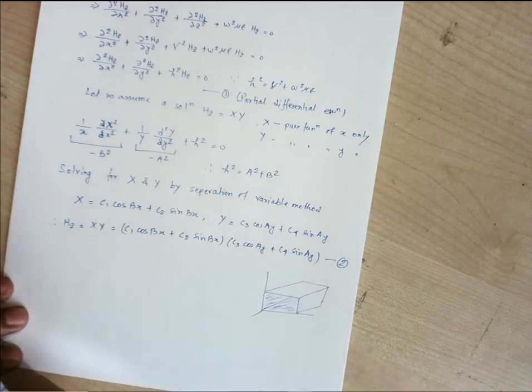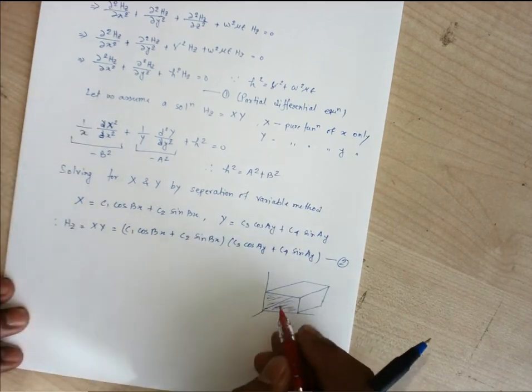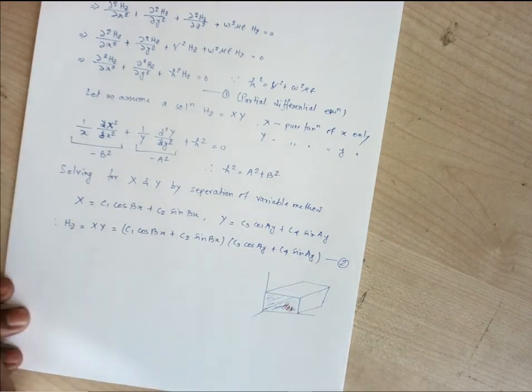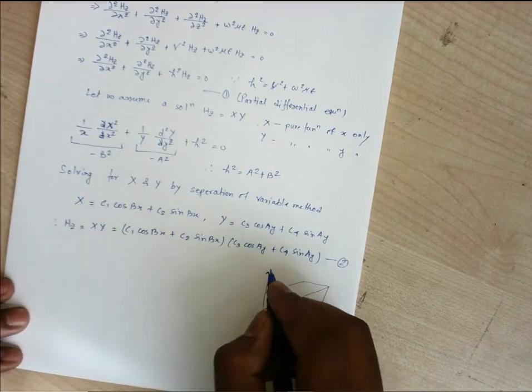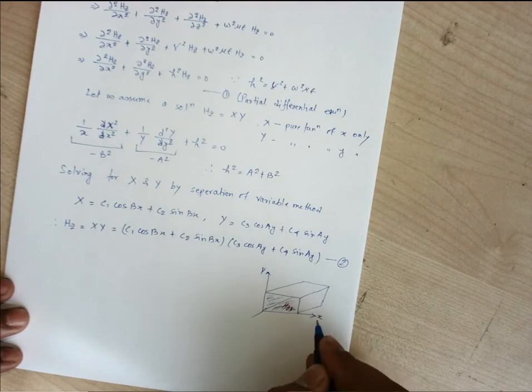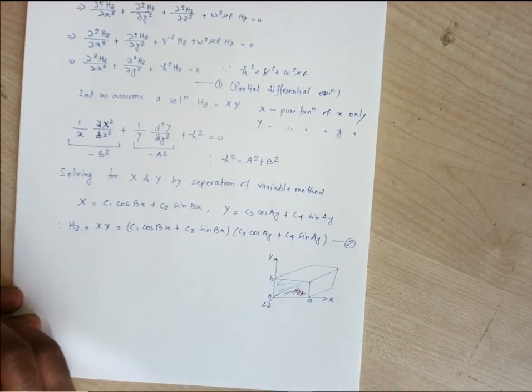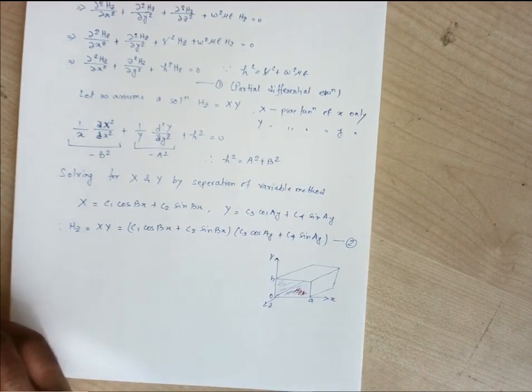On these walls we have our Hz, because Hz is tangential on these walls. So this Hz will depend upon the surface current. So we can't take this Hz as 0